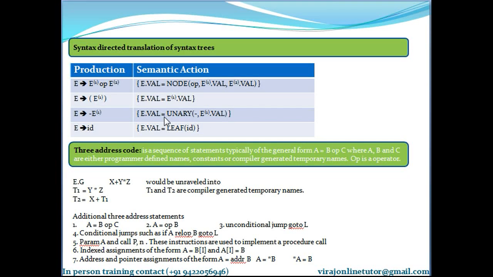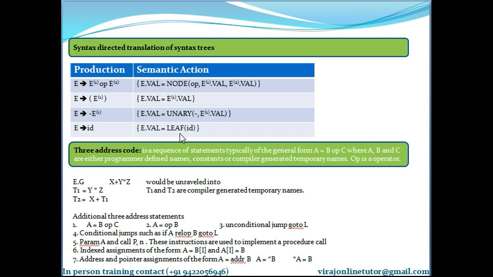This function unary creates a new node op, which is the first argument, and makes the second argument its child. Again, the pointer to the created node is returned by the unary function.